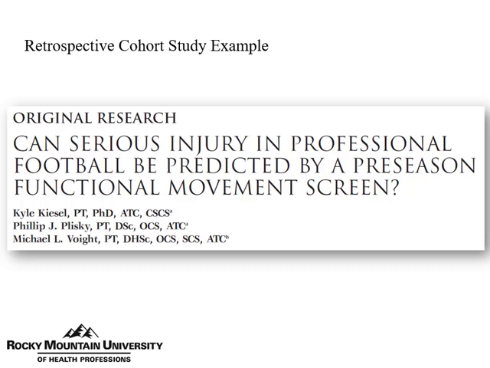Here was a retrospective cohort example. This one was a very influential study in the early 2000s. It was published in the North American Journal of Sports Physical Therapy, which later became the International Journal of Sports Physical Therapy. And what they looked at was the functional movement screen. For those of you who aren't familiar with it, it was something developed by a physical therapist. It's 7 different tests, functional movements. They're scored 0 to 3. And what they found were that pro football players that had a particular score, I think it was below a 14,